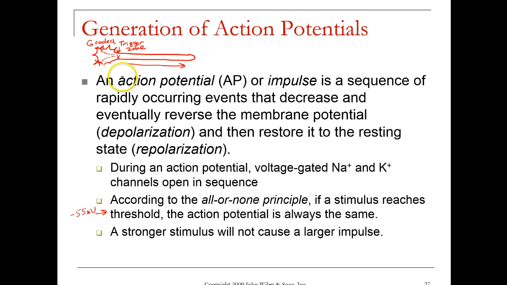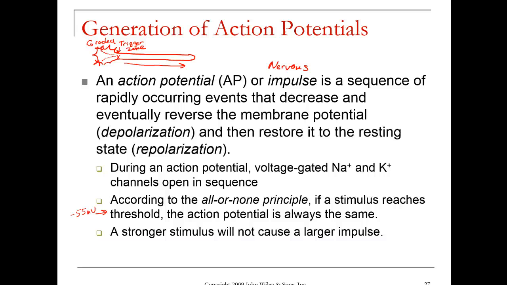And our action potential is going to be due to the voltage-gated channels. Now an action potential, also called a nervous impulse, is a sequence of events that will first depolarize